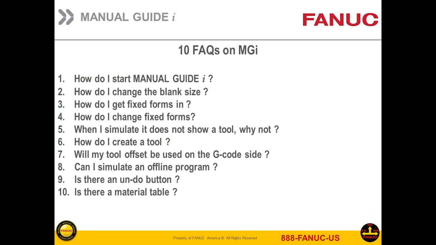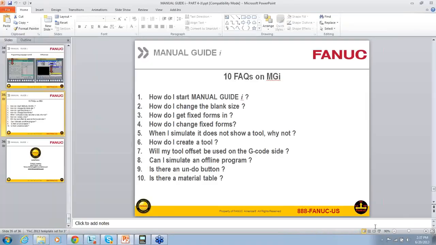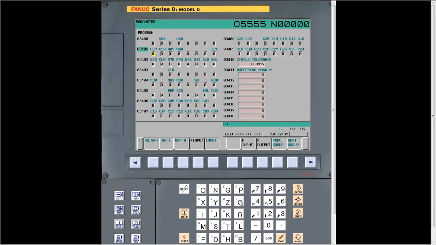All right, so at that point, I'm sort of going through all those fine-tuning parameters that I do. And now I want to sort of go over some 10 of the frequently asked questions I get all the time, whether it's through emails or phone calls or whatever. And while I'm going through this, I want to go back into NC Guide so I can sort of show you the answers. Okay? And we'll go here,